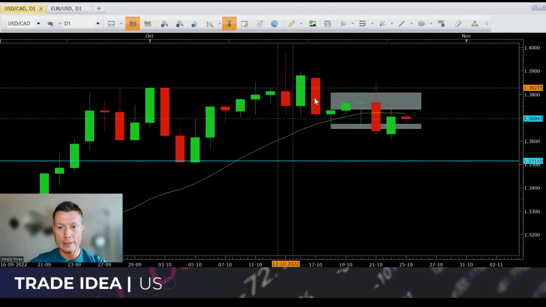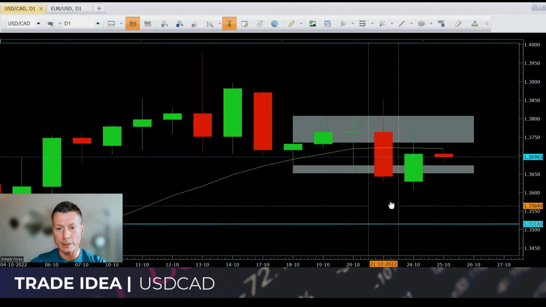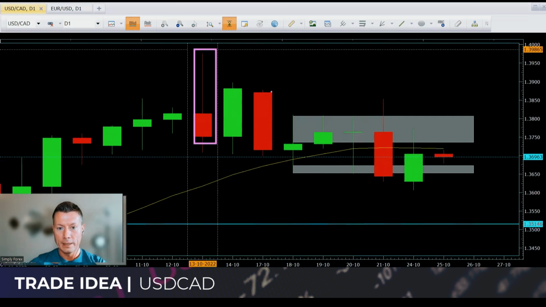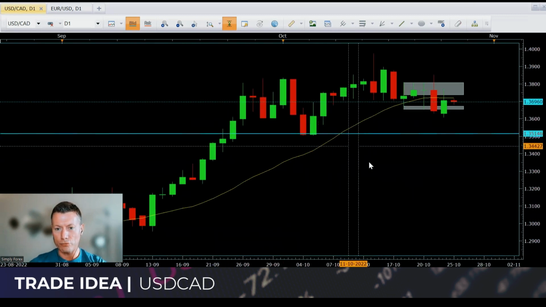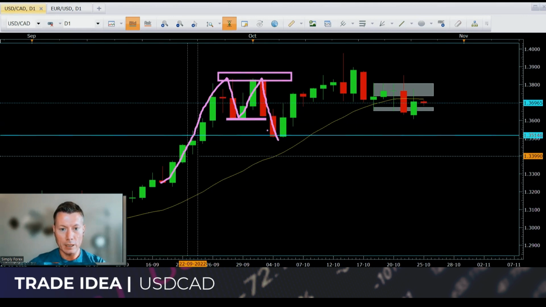So, US dollar, Canadian dollar. We've been shorting this since last week. I've been shorting it from here, from here, and we were shorting it from here yesterday. We've been shorting this because of these large red candles and the fact that it's in a downtrend for me. We had higher highs, higher lows, and then it didn't create a higher high. This is always a red flag that price could be breaking down. And sure enough, it breaks down, breaking below these lows here. So structure is in a downtrend.